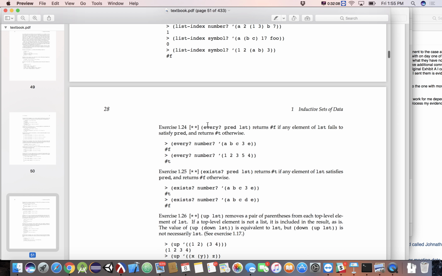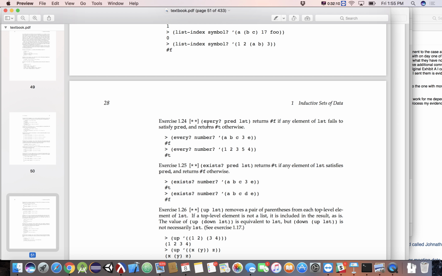All right, so we'll do that one. Every returns false if any element of the list fails to satisfy the predicate and returns true otherwise. So every returns true if every single thing in the list we pass it gives you a true for this predicate.